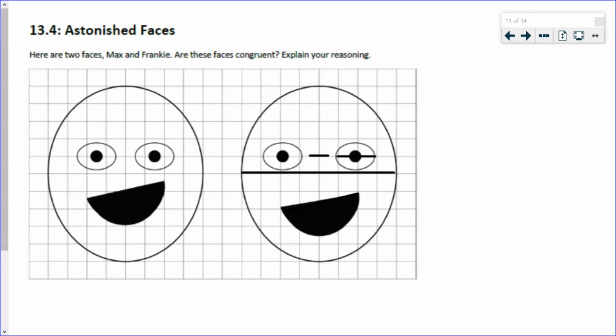Yeah, the mouth actually didn't move. Maybe it moved down. I think it also rotated a little bit. Yeah, when you moved the line. You saw it? No, these are not congruent. And I want to be specific and detailed here. I want to say, even though corresponding pieces of the face are congruent,